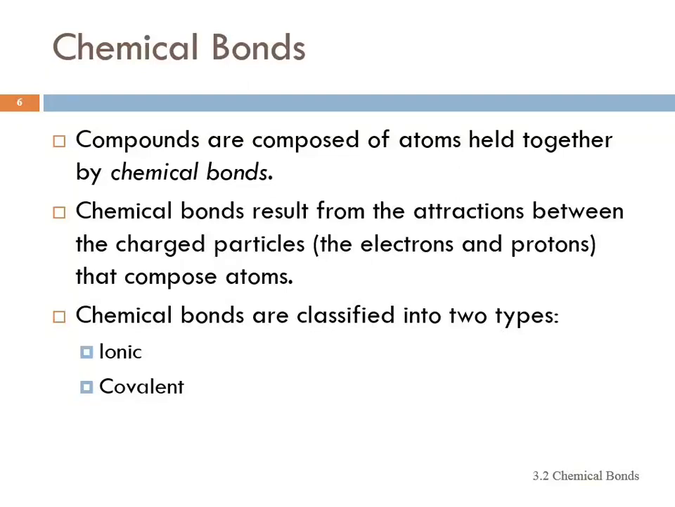So what happens when you get these 2 atoms or 3 atoms together to make a compound? Well, the atoms in the compound are held together by chemical bonds. And these have to do with attractions between charged particles. And we can break chemical bonds into 2 different categories, ionic bonds and covalent bonds, and we'll look at those